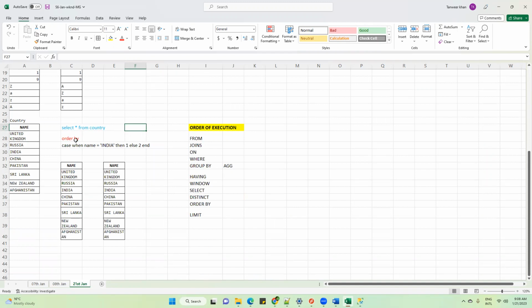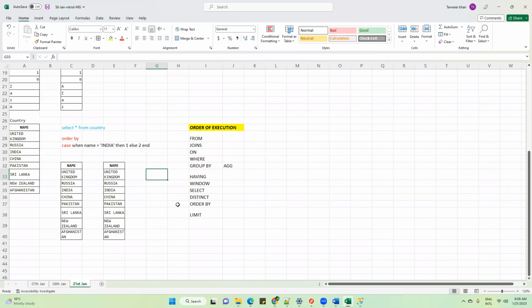So here I am customizing my sorting process, and how I am customizing is what you have to understand. I have used here case. Now this case is a reserved keyword, and it can be used in multiple instances. Down the line, I will show you how to use case in select, in where, in sum, in aggregate, and in window function.